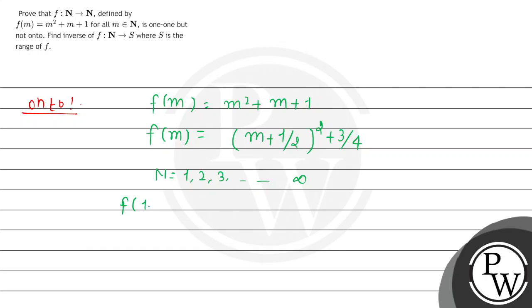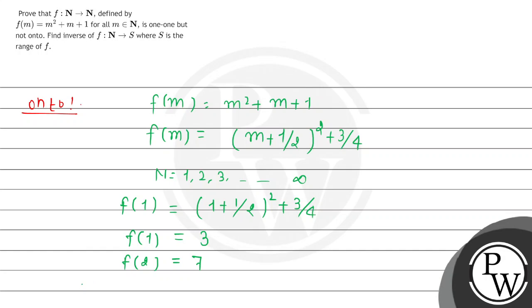We can take the first one, m = 1, which gives (1 + 1/2)² + 3/4. After solving this, we can see it is giving the value 3. And now we'll put in the f(2) value here, then we'll get the value 7. So here we can see that